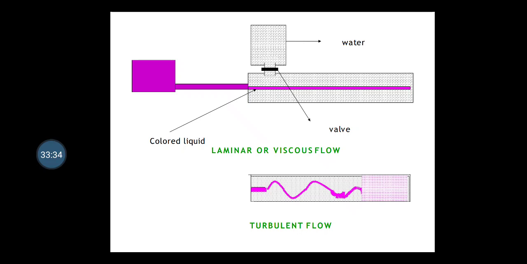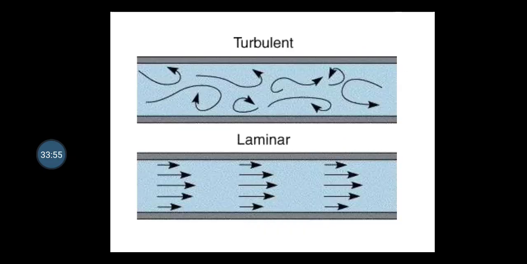Okay, so with the help of different instruments we can judge even these kinds of things. With the help of Reynolds' experiments you are able to differentiate what laminar flow actually is and what turbulent flow actually is. So we're going to discuss it one by one. In this diagram you can see the turbulent flow and the laminar flow. First of all, we'll see the turbulent flow.